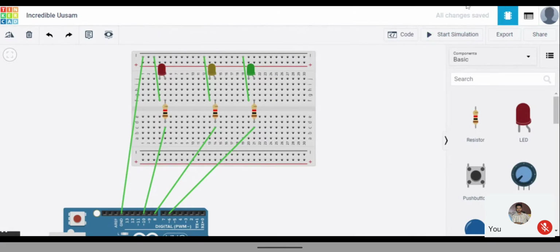In some traffic signals, I think everyone has seen this one, there will be a traffic police sitting in a stand, and he will press the buttons. When he presses the button, if the signal is in red, it will go to yellow. After some time, it will go to green. In some traffic light systems, it will be automatic. In some, it will be manual. When the police presses the button, then it will change. In that way also we can do.